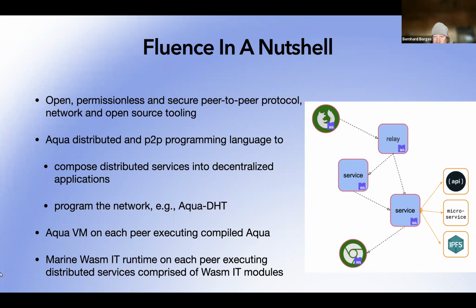So the big deal about peer-to-peer on the Fluence side is that it's a general purpose peer-to-peer network and protocol. For those of you that have been in the Web3 space, you've probably been, either directly or indirectly, encountering peer-to-peer networks as part of blockchain. Blockchain is probably the biggest rejuvenation and evolution of peer-to-peer technology.